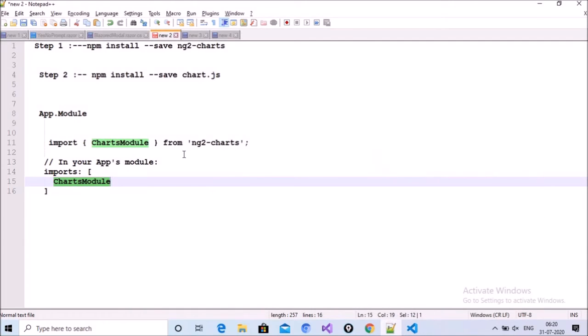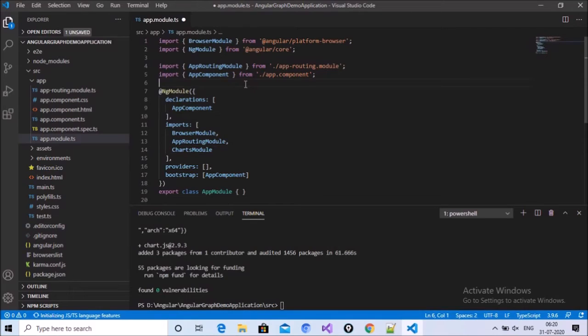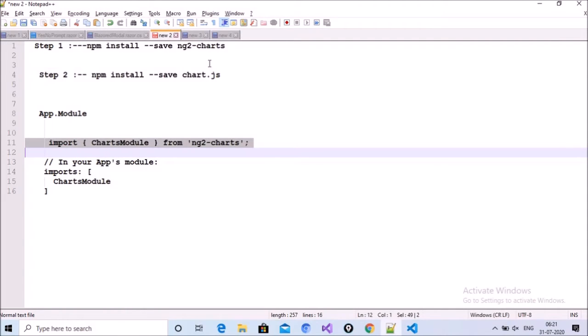After that, copy this one and paste it here. We have completed three steps: first, npm install --save ng2-charts; second, the chart.js package has been installed; third, inside app.module.ts we have added the chart module. This part has been completed.